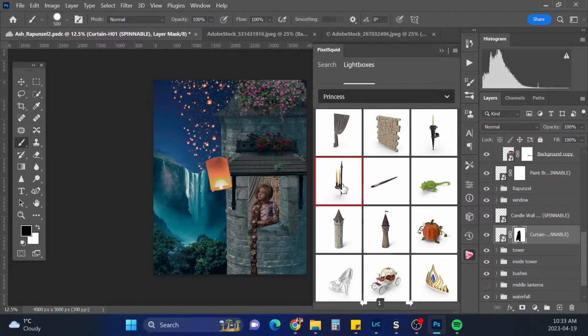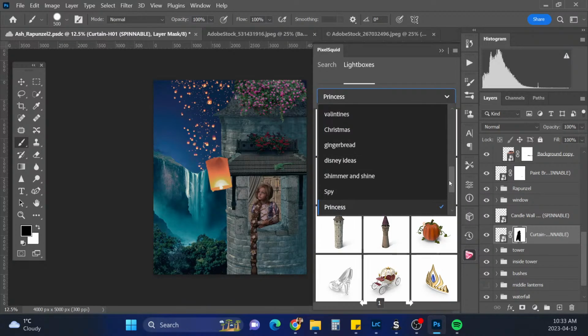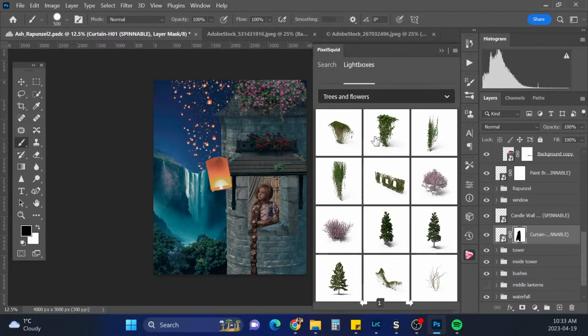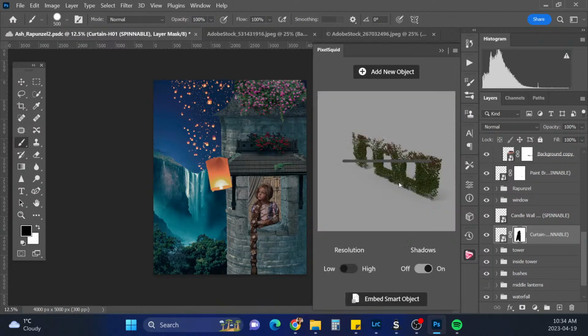Okay, so now I have to go into all of my vines. Where do I have those? Trees and flowers, maybe? Here we go. So now we're gonna add some trees and flowers.